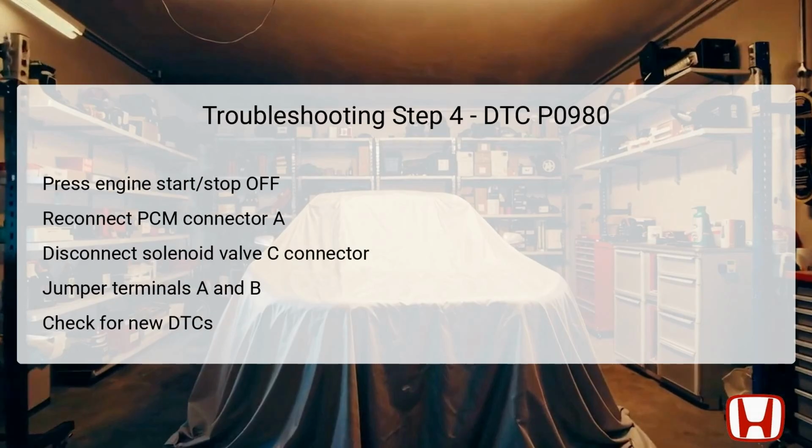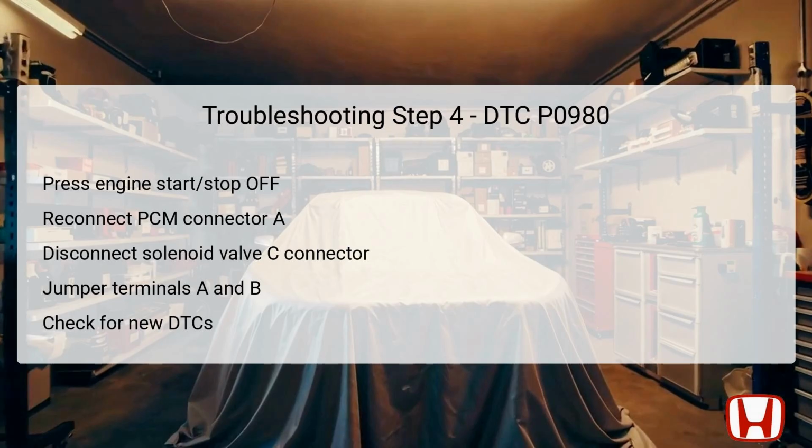Proceed to the fourth troubleshooting step by selecting the off mode using the engine start-stop button, which ensures that electrical systems are inactive. After this, reconnect the PCM connector A to restore communication with the PCM. Then, disconnect the 2P connector of the Shift Solenoid Valve C, isolating it for further diagnostics. It's critical to connect terminals A and B from the solenoid connector with a jumper wire, allowing for direct circuit